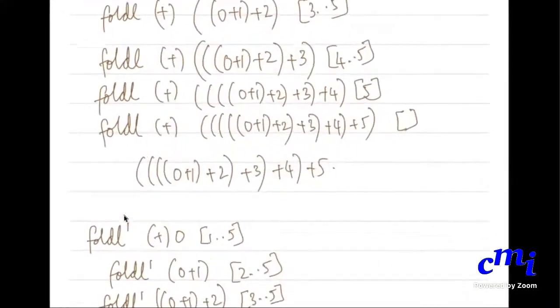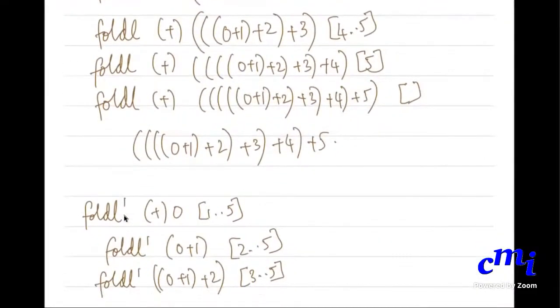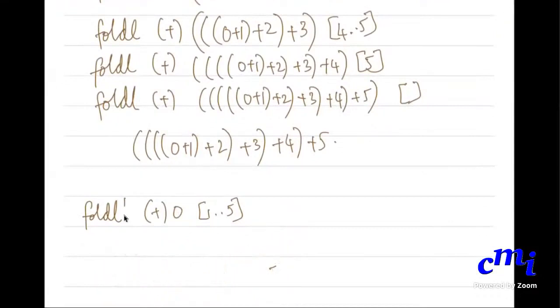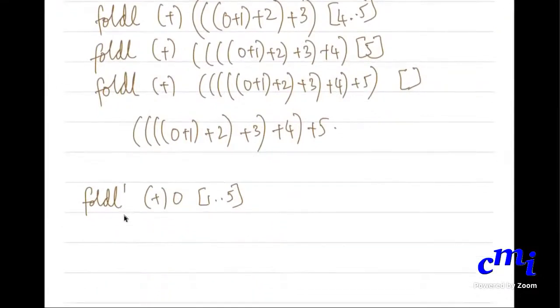Okay, so what happens even in this first step is that the y will be evaluated. Y meaning f of vx. X in this case is 1, v is 0, f is plus. That will be evaluated first, and when you evaluate it, it will actually become 1. Sorry, so you'll say fold L prime of plus of 1, 2 dot dot 5.